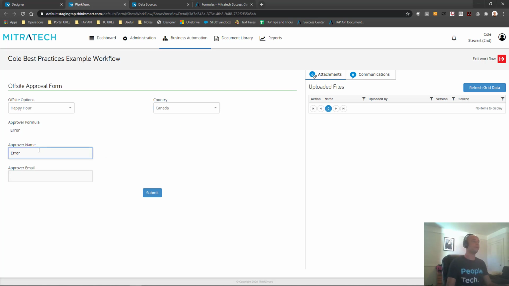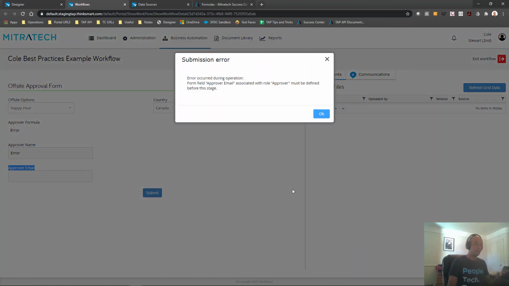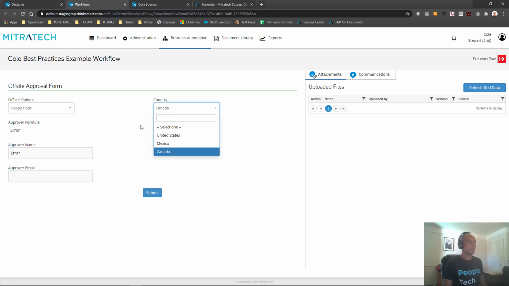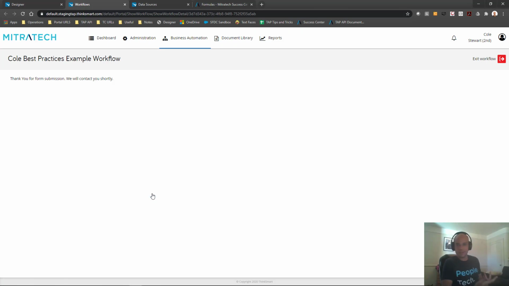And this is important because the subsequent stage of this workflow is assigned to the approver role, and the approver role is defined by this email field. So if I try to submit this, I'm going to get this standard error that the form field approver email associated with the role approver must be defined. So I can't submit. But if I switch this to a valid answer, so Maria, then it submits,